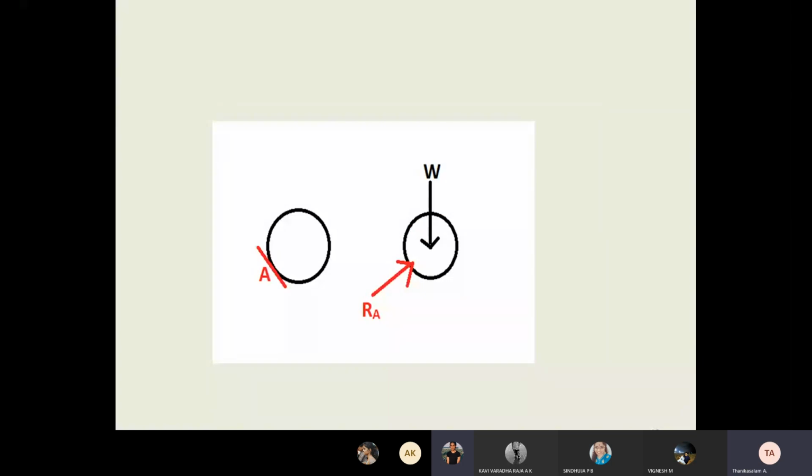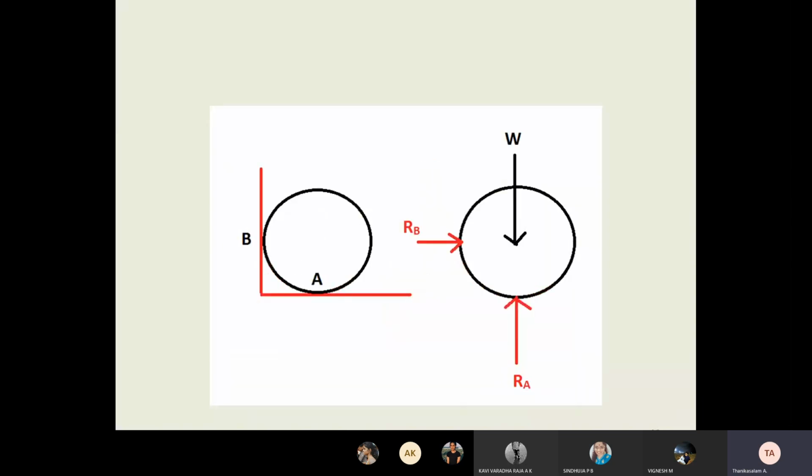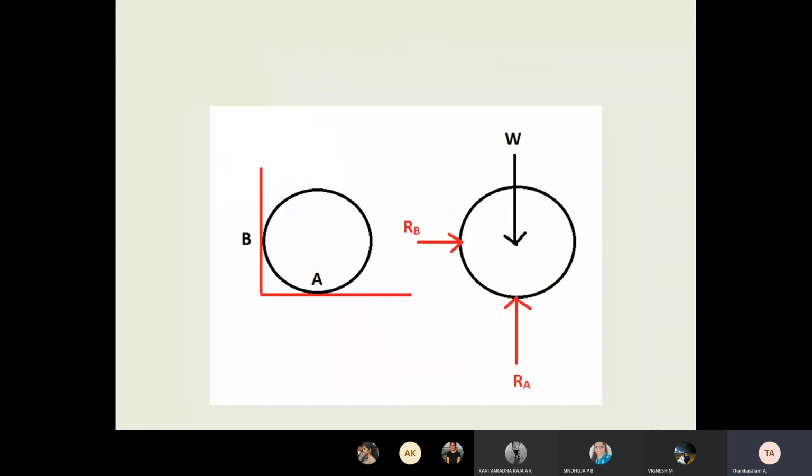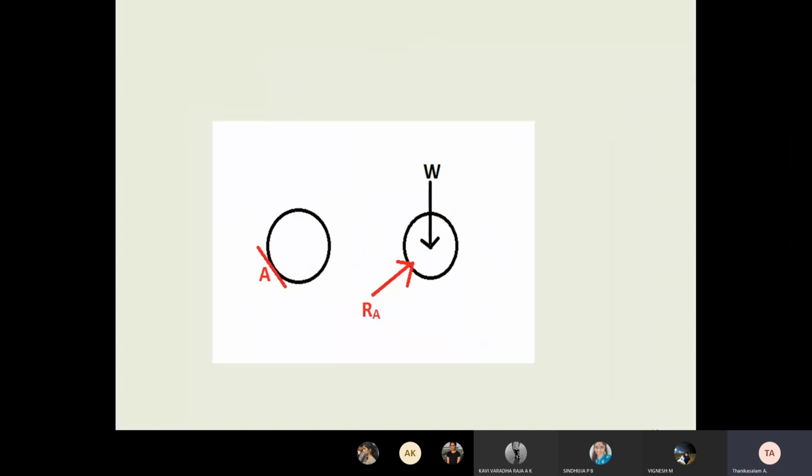Okay, see the ball is resting on the inclined surface. The surface is inclined, but remember, students, the reaction is always 90 degrees to the contact surface. Be minded, the reaction must always be 90 degrees with respect to the contact surface. In the previous diagram I drew it perpendicular, but I did not mark the 90 degrees here. Any reaction at any surface is only 90 degrees with respect to that surface. The surface is inclined, that's why I drew the arrow inclined too, RA.